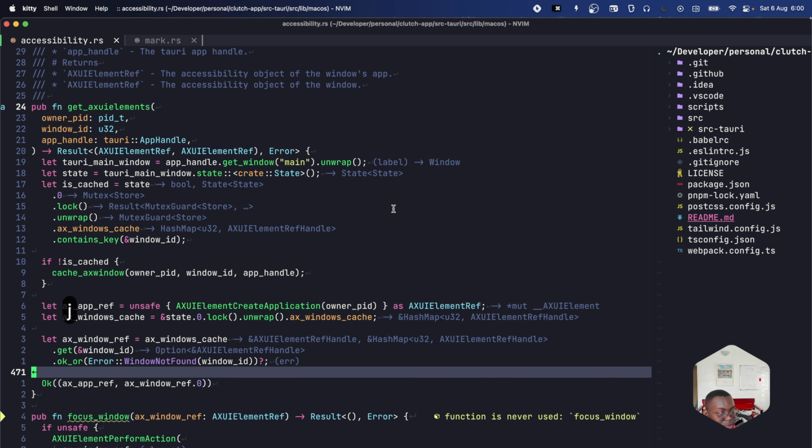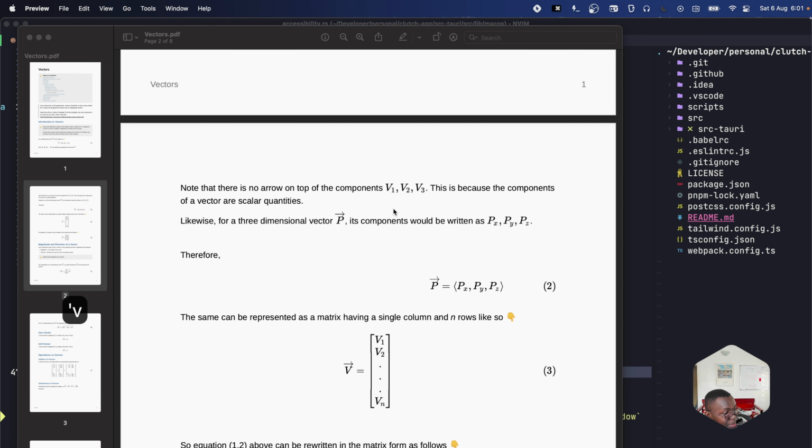Keep doing my day-to-day coding stuff, right? And say for some reason I want to go back to the book I was reading. Instead of looking for the window, we've already marked this window. So all you need to do is enter your Zap normal mode. Then you press, remember in NVim we pressed quote, so what quote does is we want to recall this mark, we want to move to the mark, right? I remember the tag was V because I was reading a vector book, then I tagged it as V, right? So I will press quote V and boom, we have the book right in front of us, and this is very